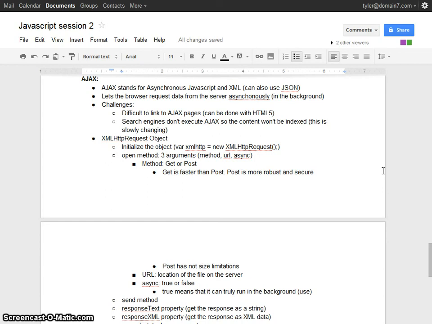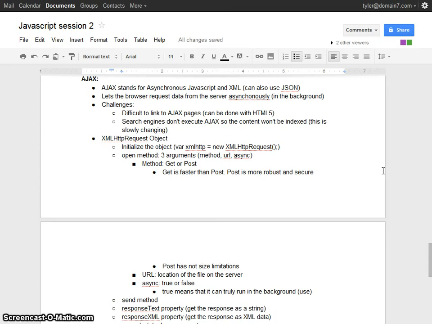Some of the challenges that I'm sure we're all aware of with AJAX is that it can be difficult to link to AJAX pages. So if we change the page using AJAX, it can be difficult to link to that exact instance of that page. The second is that search engines don't execute AJAX when they're crawling your page.